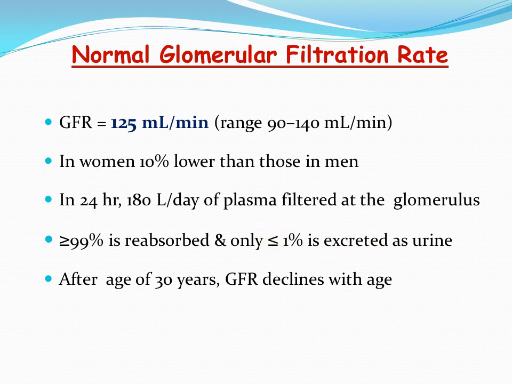That means even though our kidneys filter 180 liters into the nephrons per day, the nephrons excrete only 1 to 2 liters per day in the form of urine. More than 99% of the substance that has been filtered will be taken up again and given back to the blood. GFR, after the age of 30, will gradually decline.